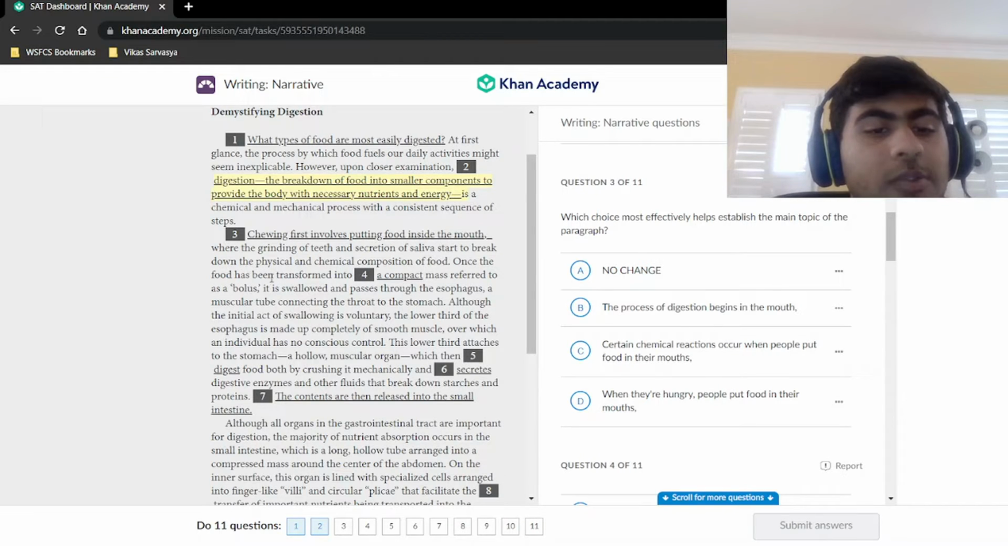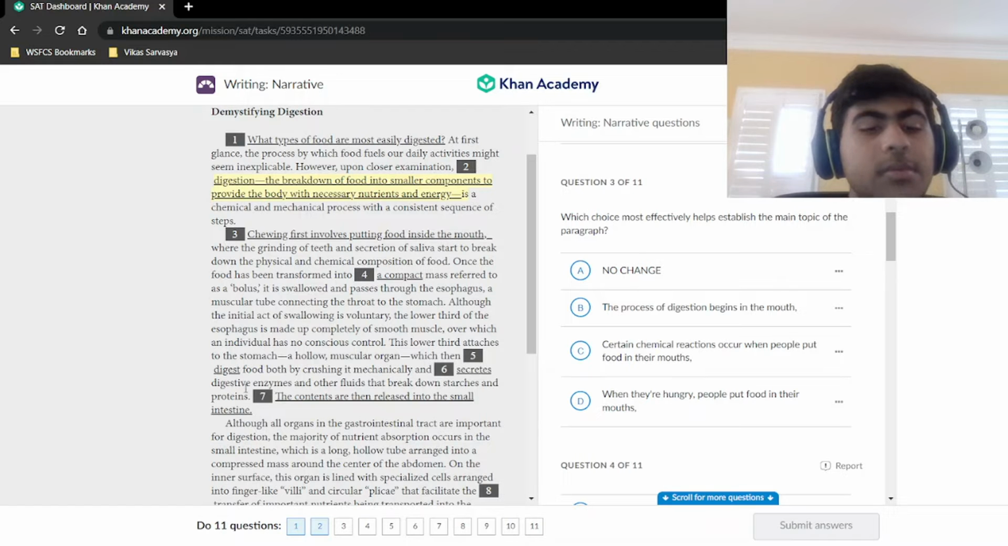Once the food has been transformed into a compact mass referred to as the bolus, it is swallowed and passes through the esophagus, a muscular tube connecting the throat to the stomach. Although the initial act of swallowing is voluntary, the lower third of the esophagus is made up completely of smooth muscle, over which the individual has no conscious control. The lower third attaches to the stomach, a hollow muscular organ, which then digests food both by crushing it mechanically and secretes digestive enzymes and other fluids that break down starches and proteins. The contents are then released into the small